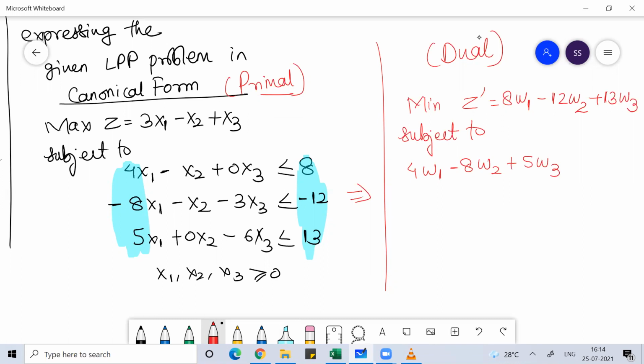If the objective function is minima, then for the canonical form, the constraint would have the greater than or equal to sign, and that would be greater than or equal to 3. Clear, everyone?